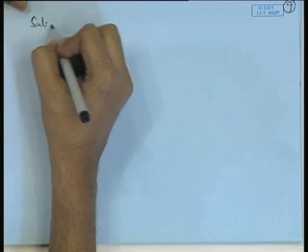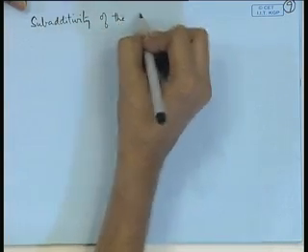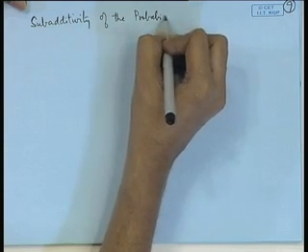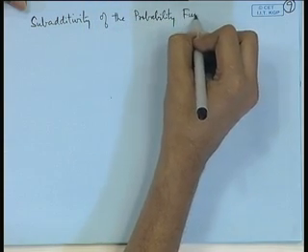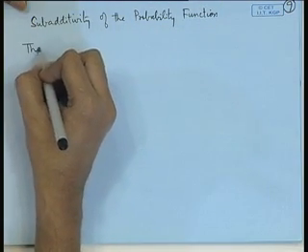So, that means if I remove probability of A intersection B from there, then we get probability of A union B less than or equal to probability A plus probability of B. This is called subadditivity. So, in general if we consider any sequence of sets, then the probability of union will be less than or equal to the sum of the probabilities. So, we have subadditivity of the probability function. We can state it in the form of a theorem.